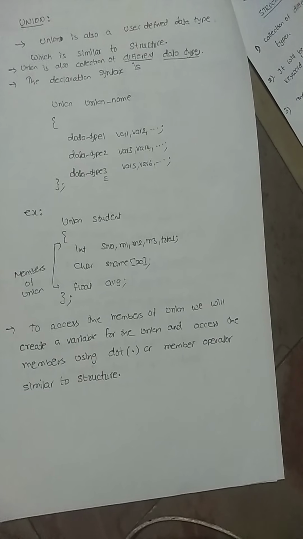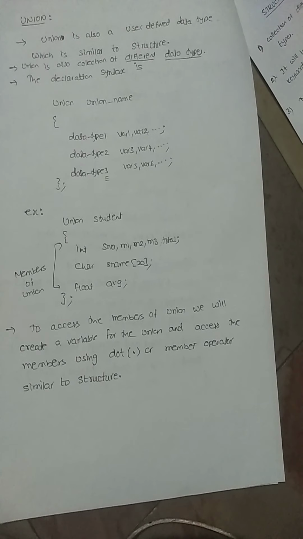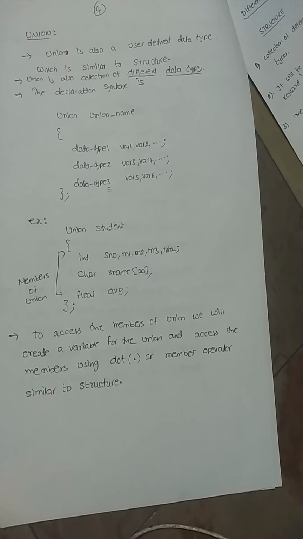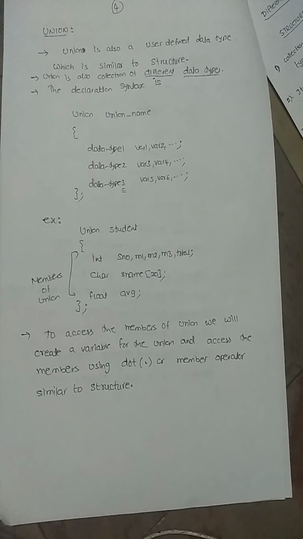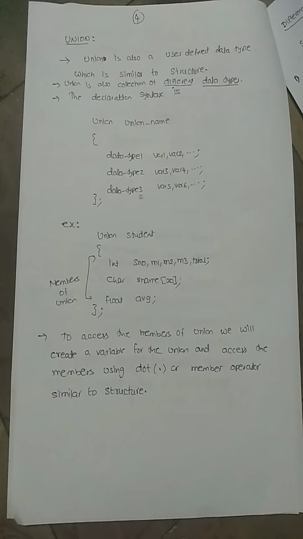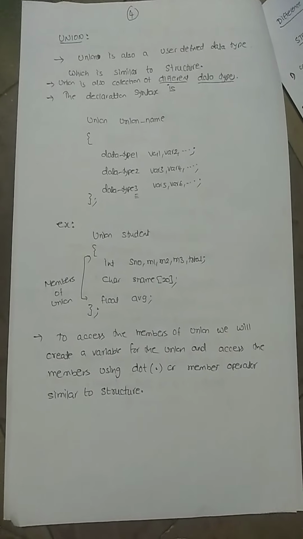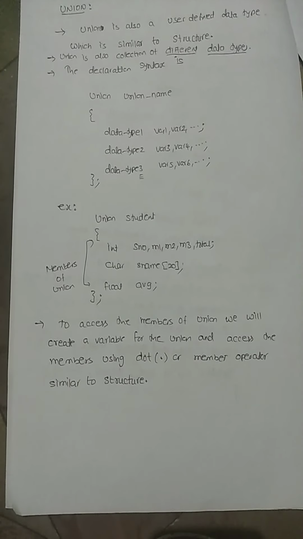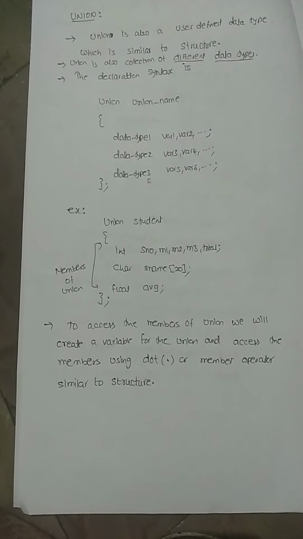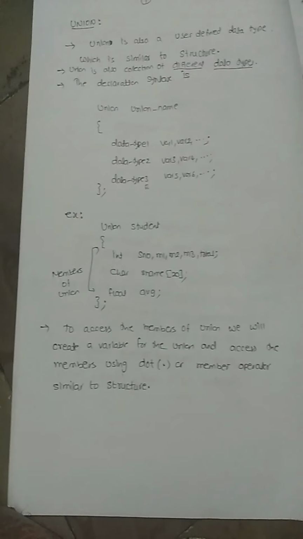See, in this example I have taken struct demo. I have taken int a, float b, double c. Again I have taken union demo with int a, float b, double c. Everything is the same. See the memory allocation point. Int means 2 bytes, float means 4 bytes, double means 8 bytes. So totally it is going to allocate 14 bytes of memory space in case of structure.